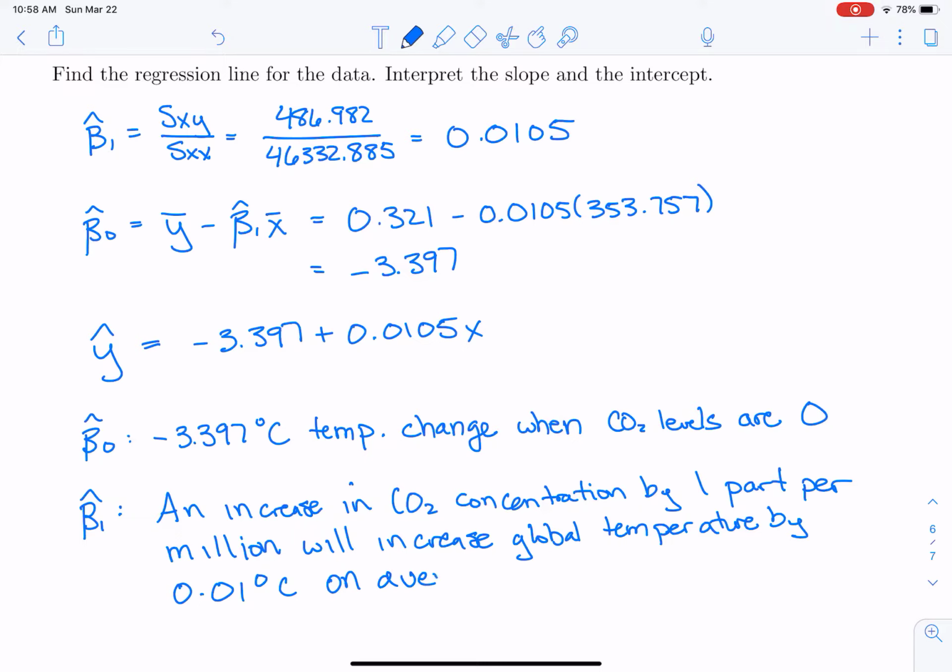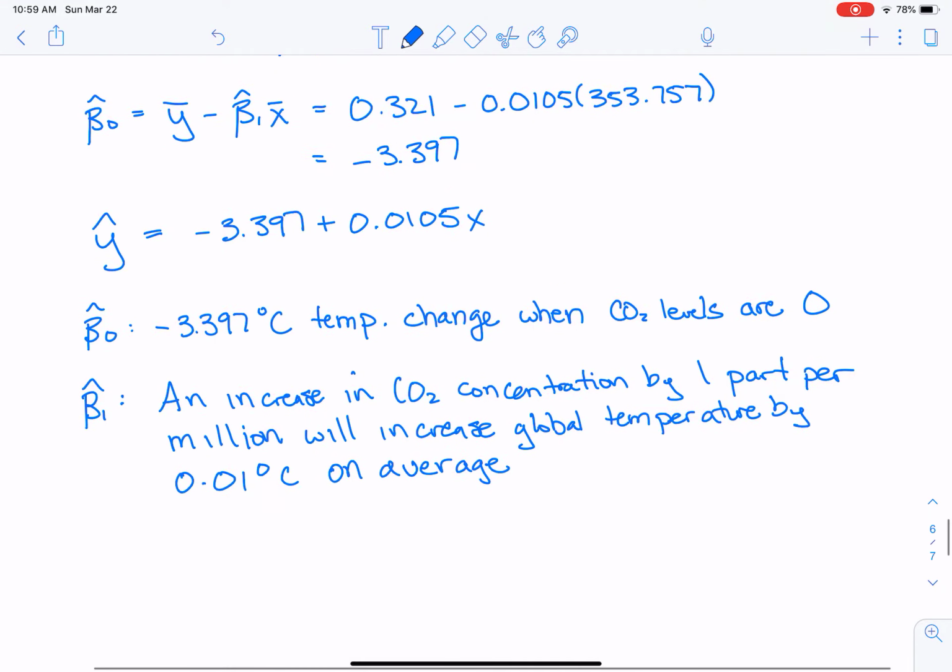So if we increase CO2 levels by 1 part per million, then that'll increase global temperature by 0.01 degrees on average. Now that doesn't sound all that significant,